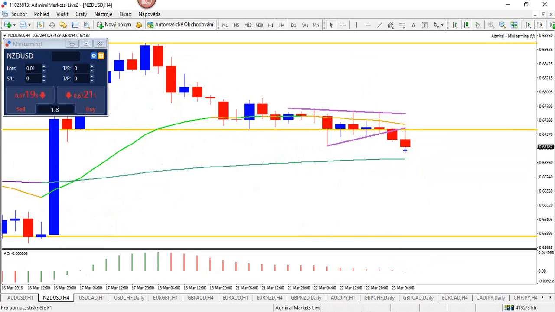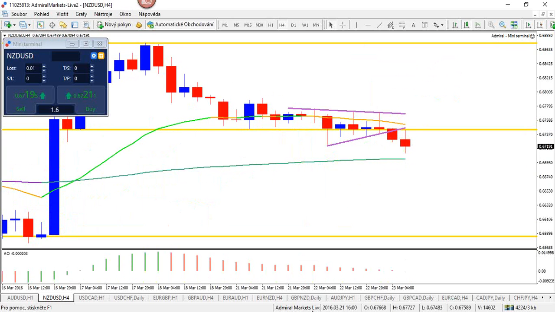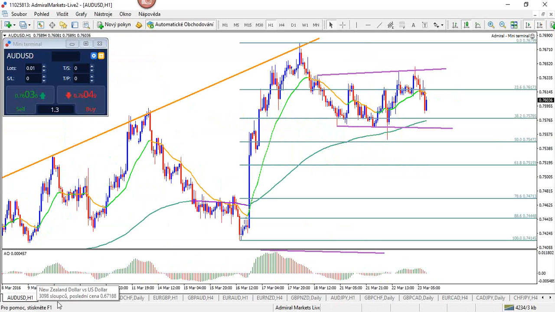If it becomes a bullish candle or a doji, that is caution, stay out, I think. And if it's a bullish candle that totally engulfs the previous one, that could actually signal more that the price is ready to move up. I'll keep an eye on this 4-hour candle. Aussie, same kind of indecision. We had yesterday a drop, bounced off the 50 fib, recovered, and made a small push,